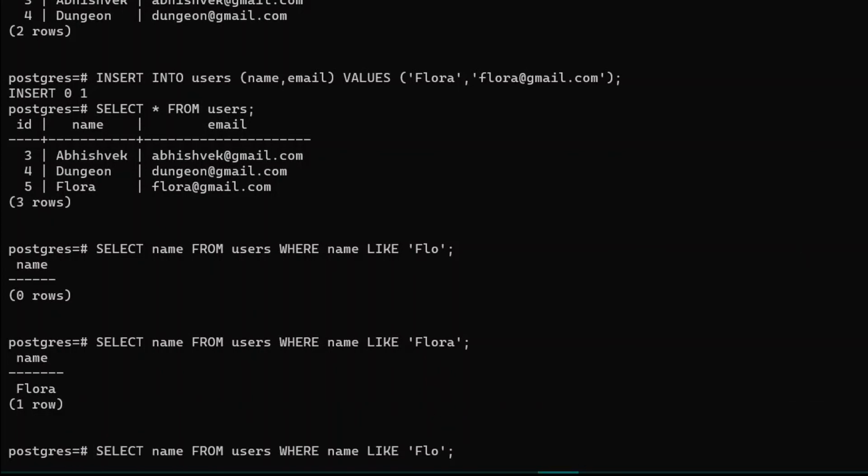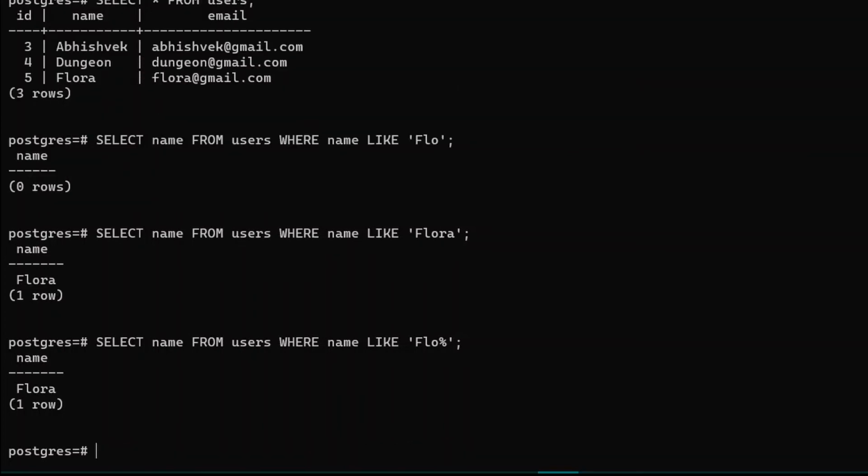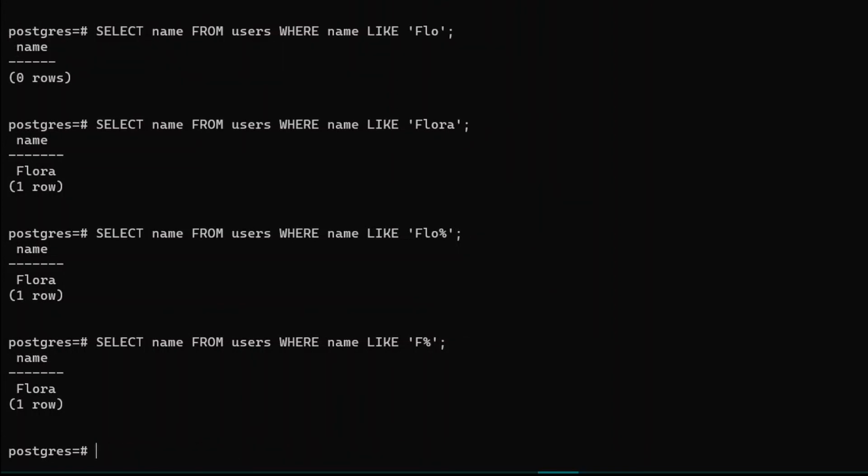So for using the ILIKE operation, after adding your query, you need to write a percentage sign here, press enter, and now you can see we will be getting our entire Flora here. This query shall be very helpful to us in performing search queries in our entire ShopX application. Once we have done this, let's add only F, and now you can see we'll be getting only Flora.